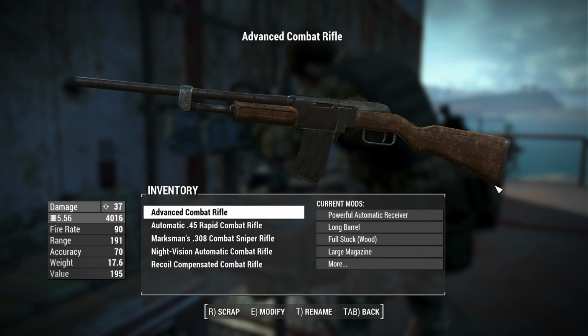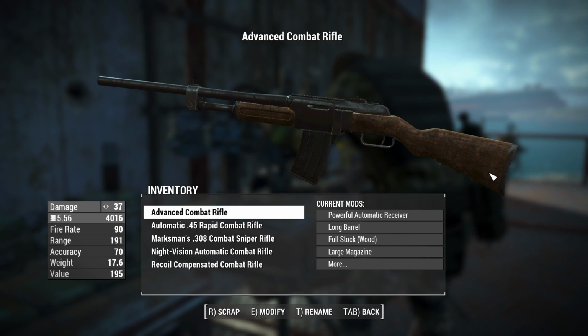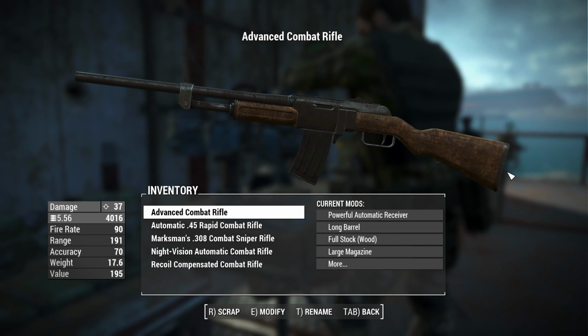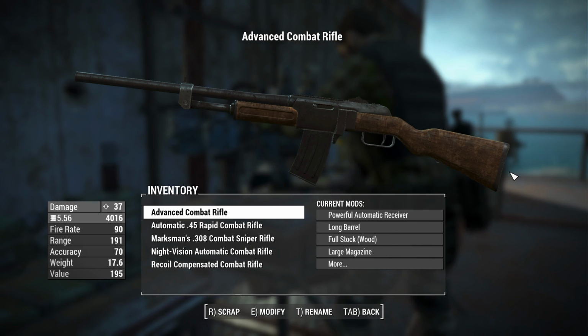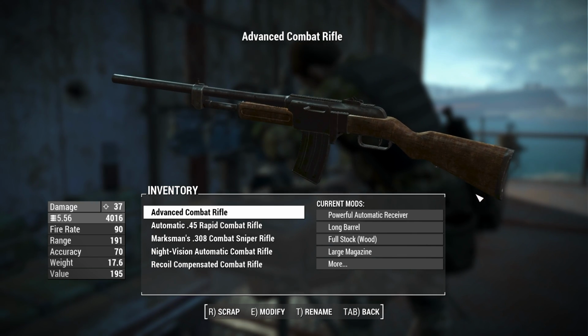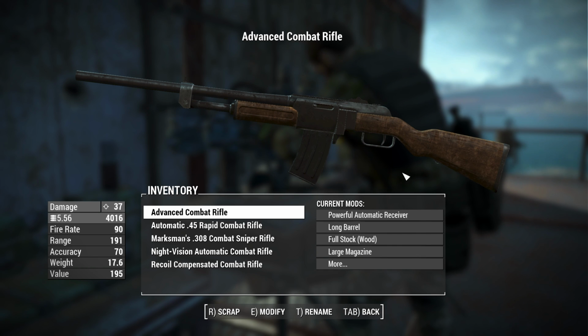So here we can see the basic combat rifle. Now, if you are a user of my immersive combat rifle remesh, that mod is designed with my attachment pack in mind. Now you can use them both separately, but it's really intended to be used together for the best possible experience. So here we can see the basic combat rifle, and we have been doing a lot to modify